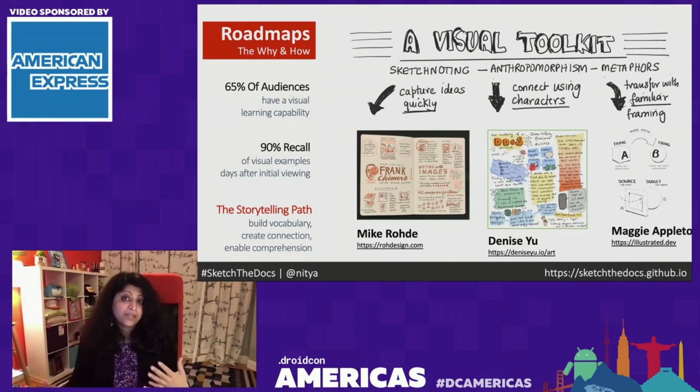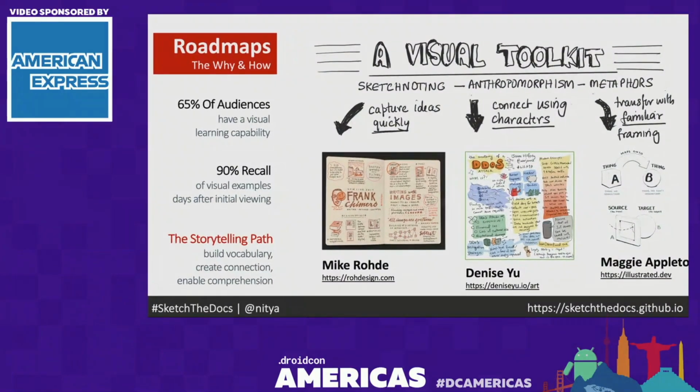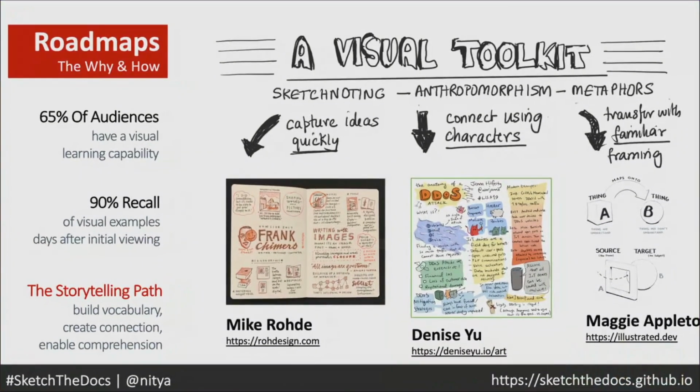People learn in many ways. There are auditory learners who learn by listening to things. There are people who read and write stuff, books, in order to gain the knowledge they need. There are kinesthetic learners who basically learn by doing. And then there are visual learners who can absorb information from visual cues and anything that's kind of infographics or imagery that's available to them. And it turns out 65% of your audience has that visual learning capability.